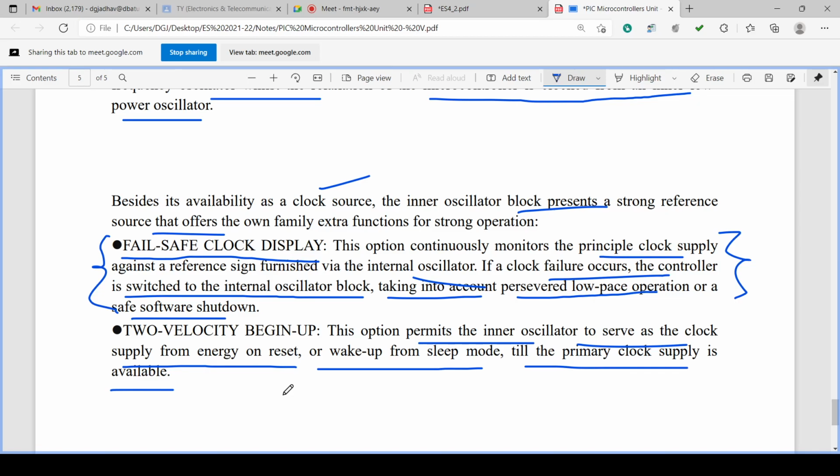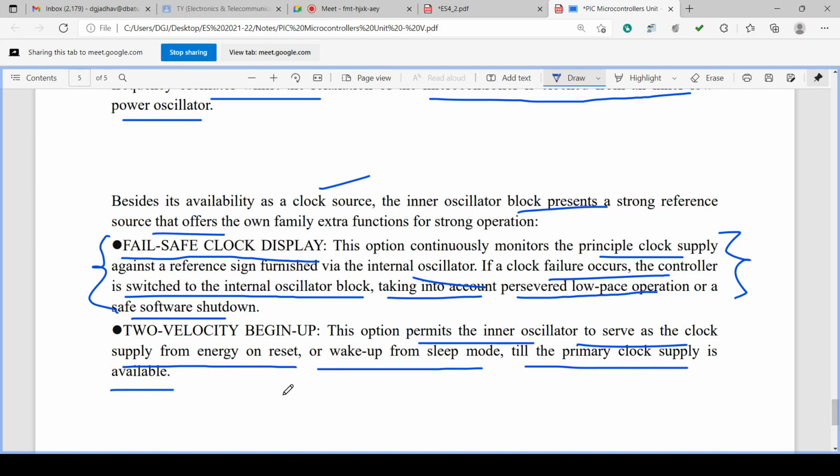So there will be two-speed start-up, that is, starting up of the system is two-speed. Internally the clock is there, that is used to start up, and once the system wakes up, comes out of the sleep mode, then the primary clock supply is available and it will be switched over to the primary clock supply.